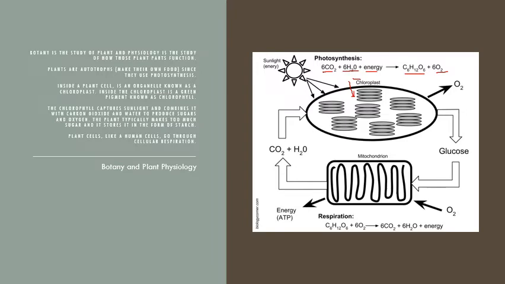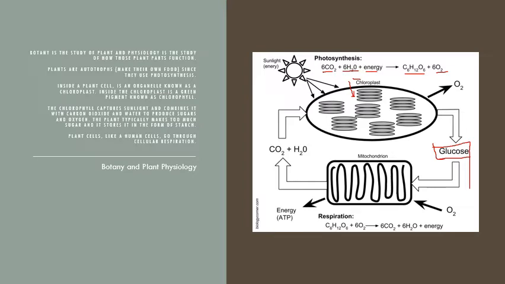And what happens is it creates, this is the chemical formula for glucose and oxygen. So here the sunlight is coming in, O2 is produced for you and me, glucose is then produced, and then what happens after it makes the glucose, because it needs glucose to survive, it needs it for food, and what it doesn't use, it ends up storing. But when it uses the glucose, it sends it into another organelle called the mitochondria. So the mitochondria is the power plant of a cell.